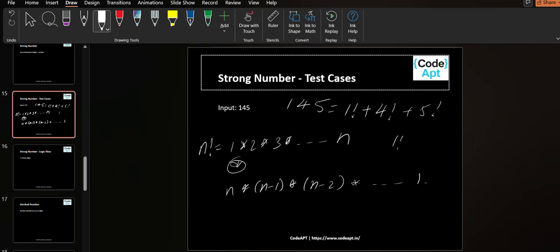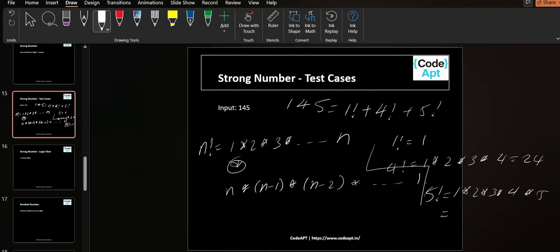Now 1 factorial is 1, 4 factorial is 1 into 2 into 3 into 4, which is 24. 5 factorial is 1 into 2 into 3 into 4 into 5, which is 120. If we add 120 plus 24 plus 1, then we get 145. This type of number is known as a strong number.